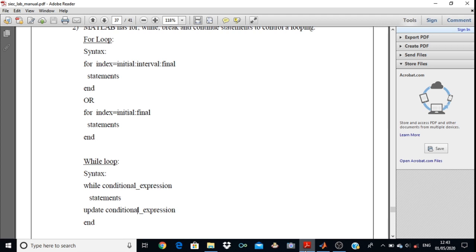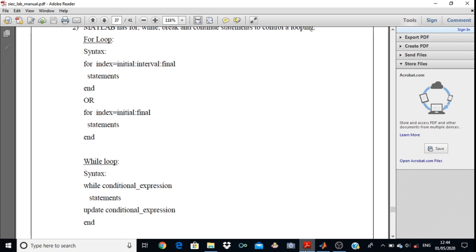Index means what? Index you can take any value, that is i, j, k, l, m, n. Then initial is where your loop will start. Then interval is the incremental value. The initial value will be incremented by the interval and it will reach the final value.